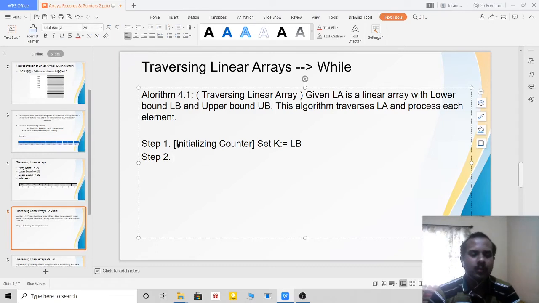After that I have to process LA of K, and after that I have to increment the K value, that is the counter value. But the processing of LA of K and the incrementation of K value is not done for only one step, it is done until K becomes equal to UB, right? It is a condition you have to have, right? So I am going to write the condition,